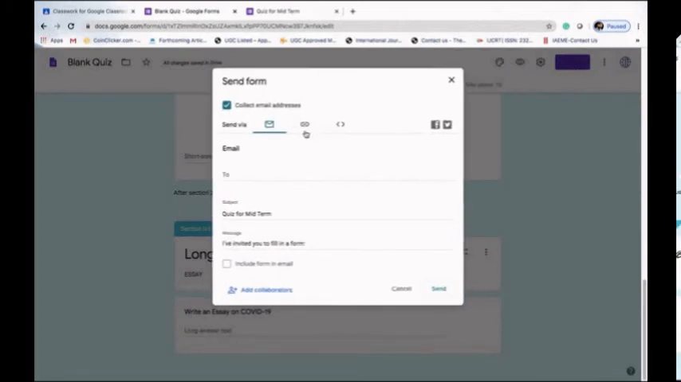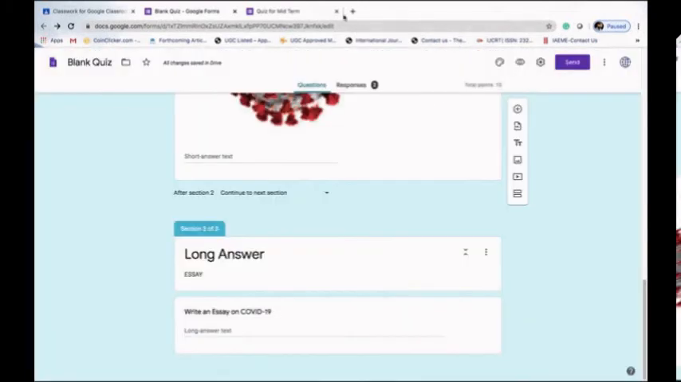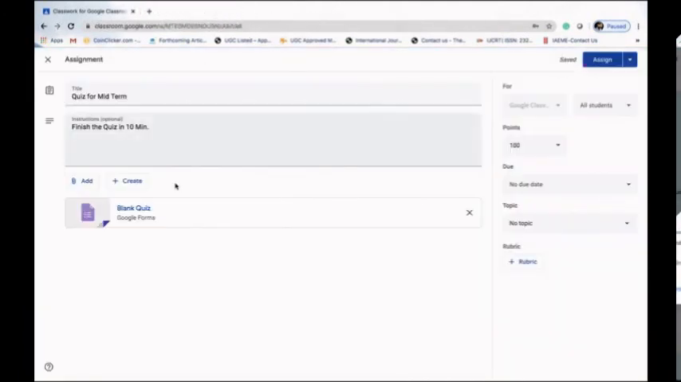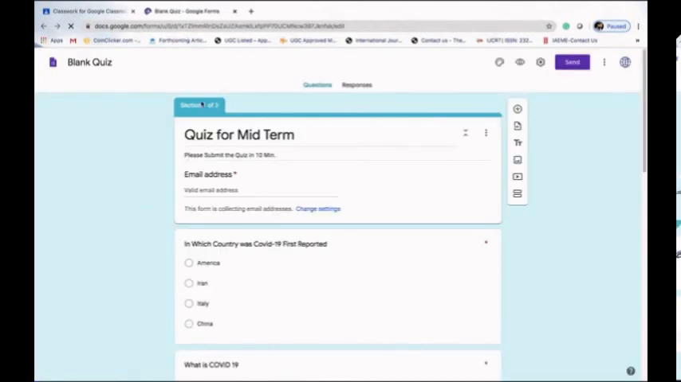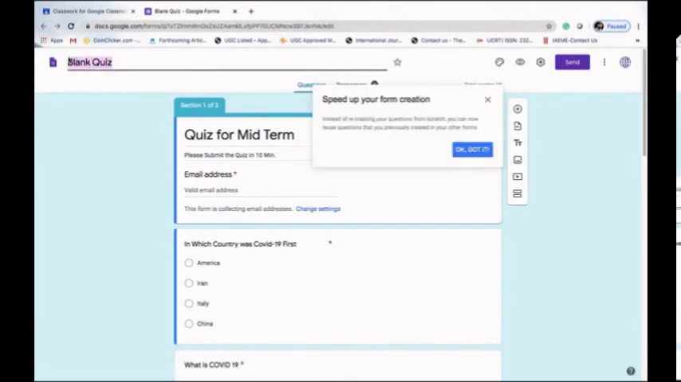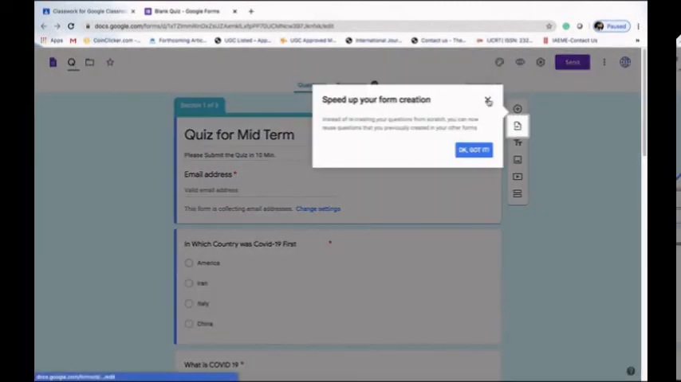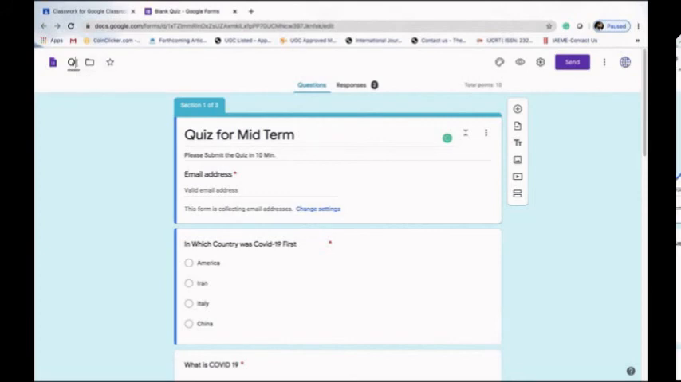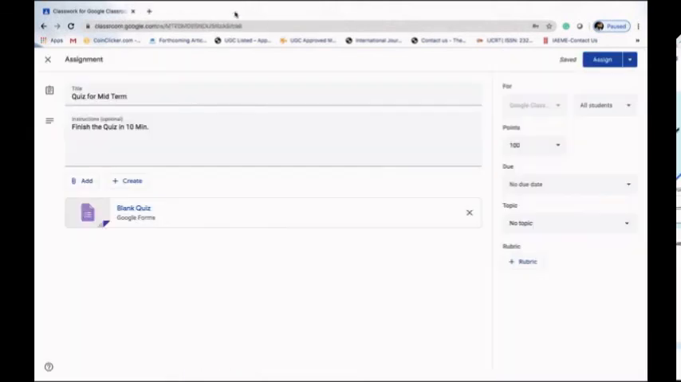Okay, and we can send this question. We can just close our quiz for midterm. We can close our Google Form, and here we can see if we click on blank quiz, this blank quiz has been changed. We have to rename this quiz also. Okay, we have to rename this quiz for midterm, and since my quiz is ready, I'll close this, and here we can see this blank quiz has been converted